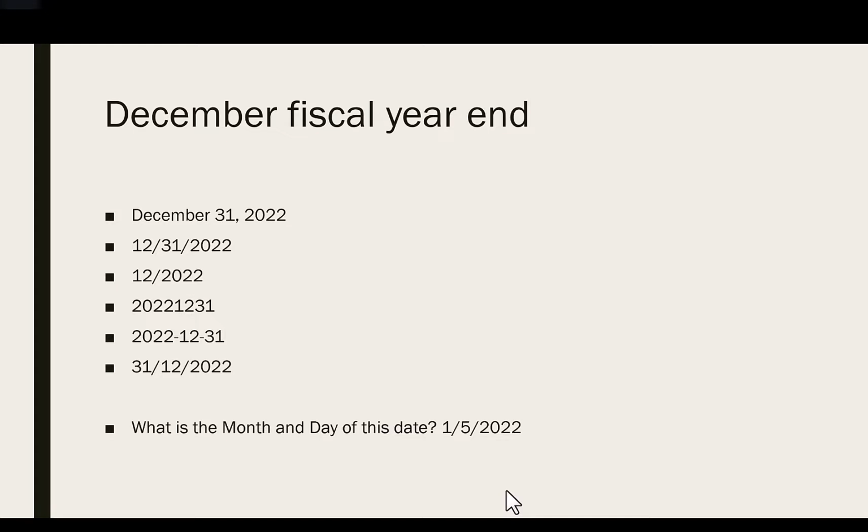The date of the report could be written as December 31st, 2022, 12/31/2022, 12/2022, 2022, 12/31, 2022-12/31, and you get the picture. Even more complicated is the possibility that a date such as 1/5/2022 could be interpreted as either the 5th day of January or the 1st day of May. Because humans have introduced significant variation into date-time reporting formats, dates often cause particular challenges for computer programming and data